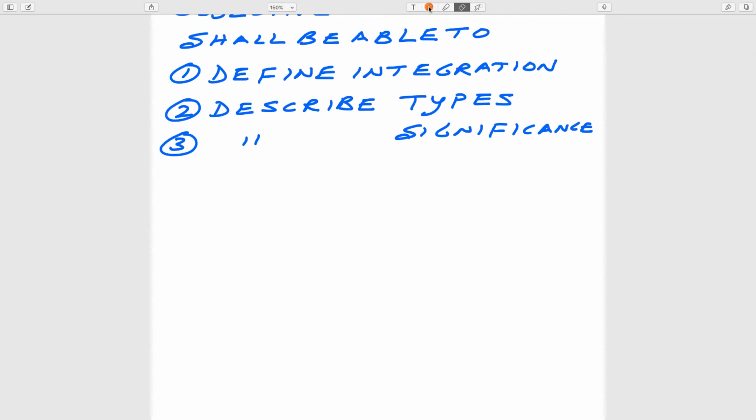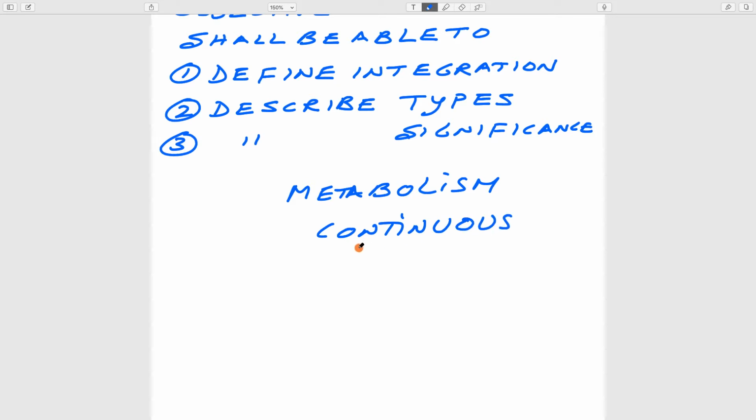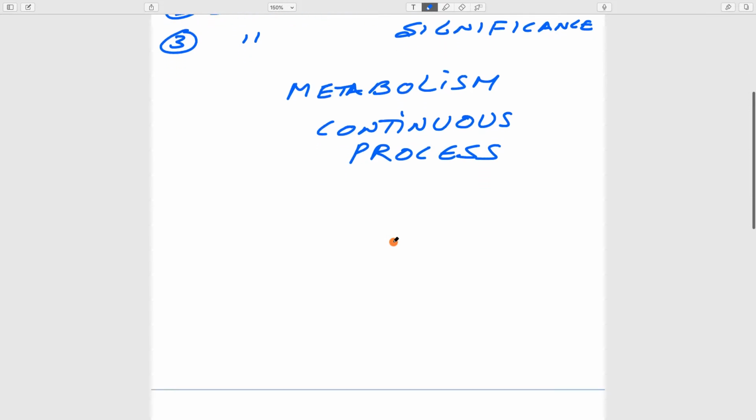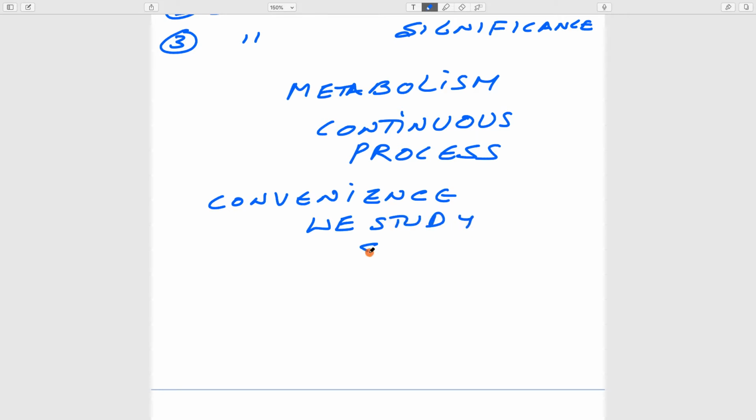Metabolism is not a single entity. It is not a one-time process. It is a continuous process. So for the convenience, when you are studying metabolism, we separately study carbohydrate metabolism, fat metabolism, and protein metabolism. When we study, we study separately. But in fact,